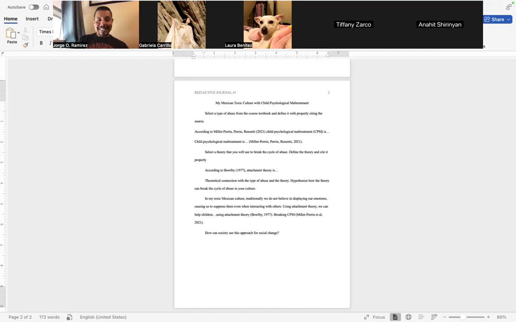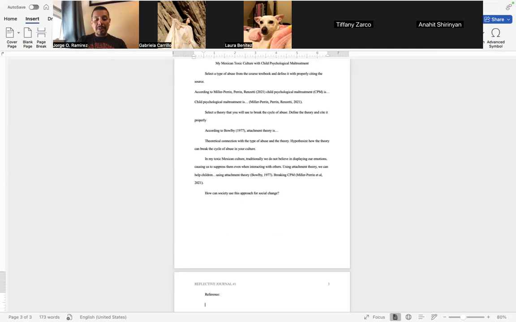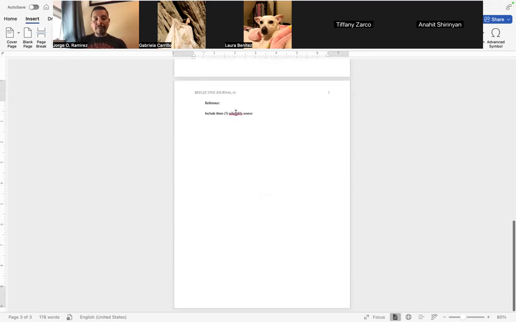Like I said, it seems like it's a lot, but as long as you develop an outline, you're getting to the point of what you're writing, you're going to be fine. The last thing you want to do, I'm going to break a page, and I'm going to put reference. And this is where I need to include 3 scholarly sources. It is required and needs to be formatted